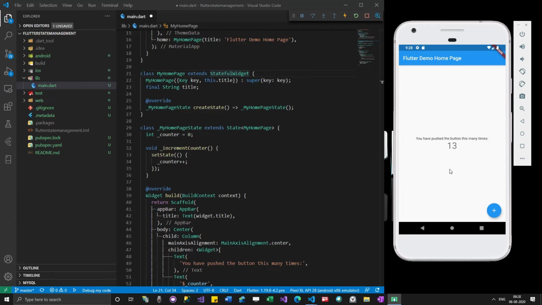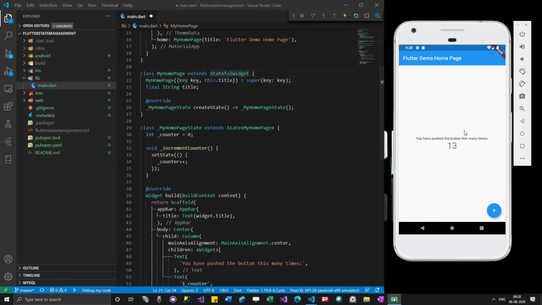We haven't tried any button clicks, even though we have tried navigation like the drawer and all this stuff. That is not exactly state management. This is what state management is. So we'll have two text boxes here, and if I click on some add button, the numbers can be added. That is what state management actually means.